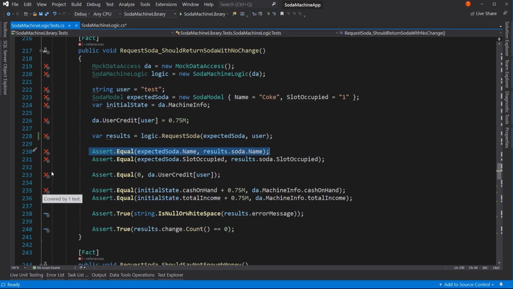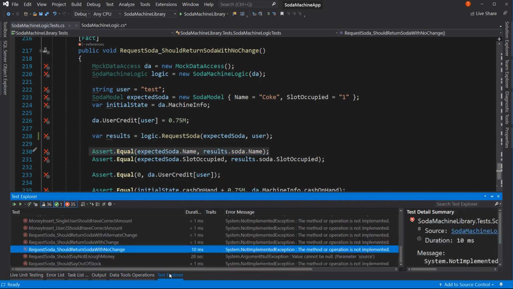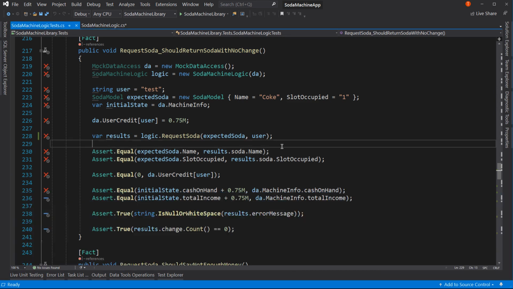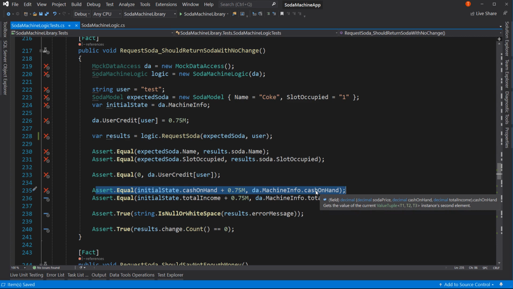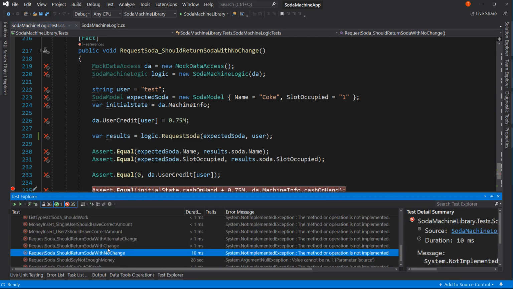But really, if we run the test, it's going to tell us why it's failing. The issue is going to be right down here on this line. It's saying this line is incorrect. We're not matching our cash on hand properly. Well, let's put our breakpoint right here, and we're going to debug just this one test. So we will find that test and say debug it,